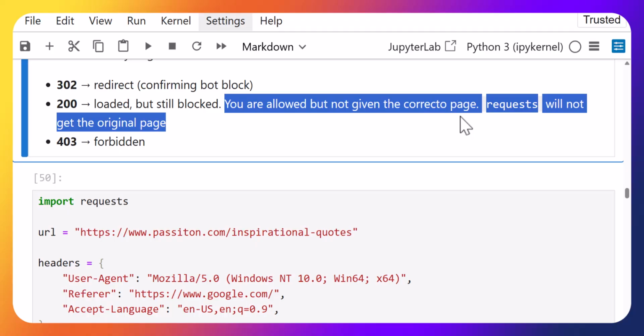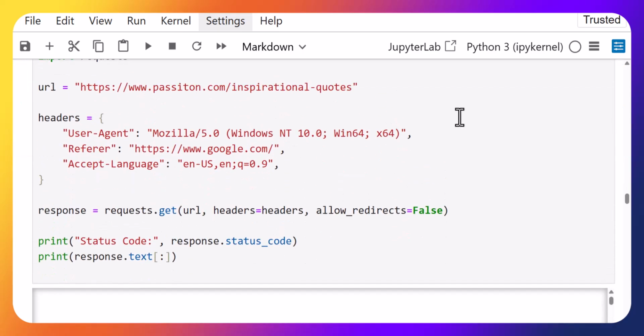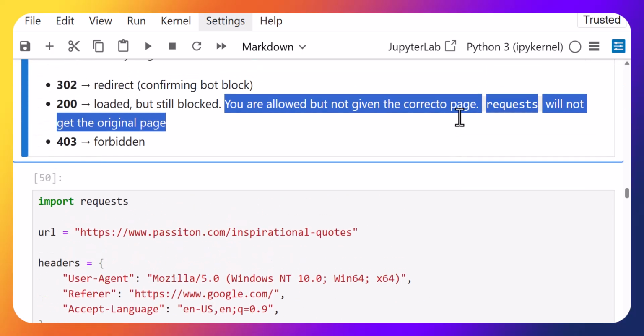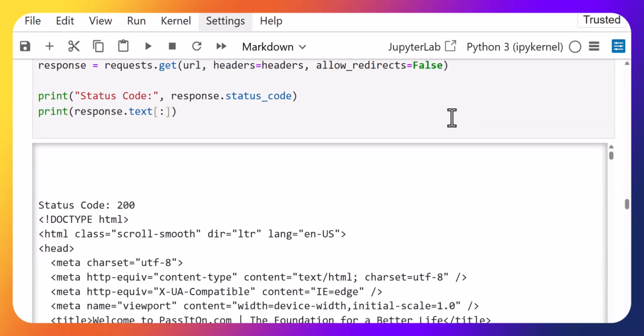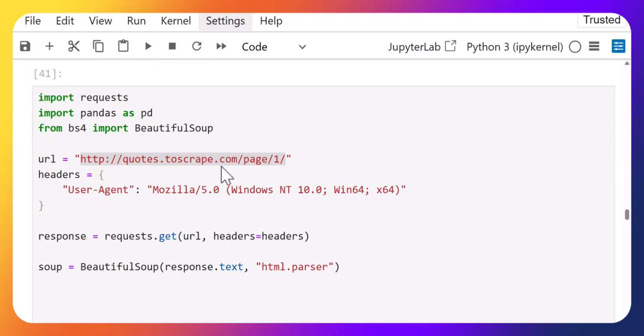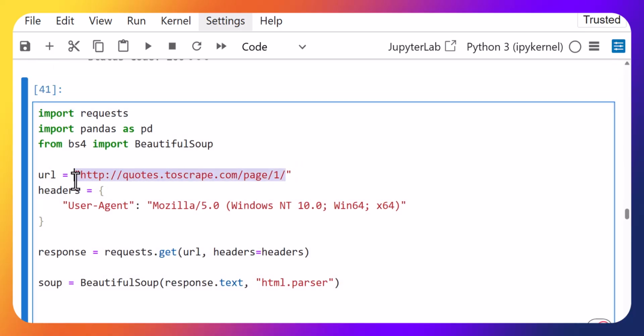In some cases, as we just saw, although we were able to get the content of the page, it did not allow us to fully access the page. So anyhow, this is a kind of verification that you can use to check whether the website is blocked or not. Anyhow, moving forward, since we are practicing web scraping,